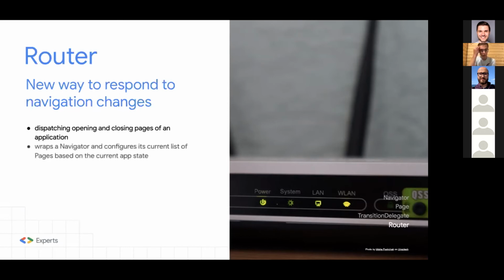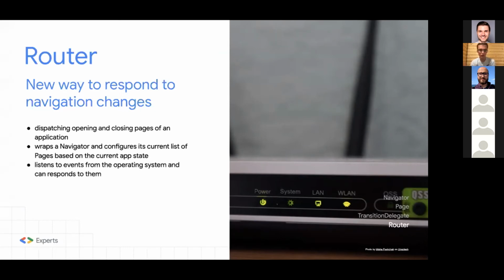And then the important part is that router wraps a navigator and configures its current list of pages based on the current app state. So we have our app state, something changes in the app state, and the router will trigger the navigator to rebuild or recreate the routes stack.